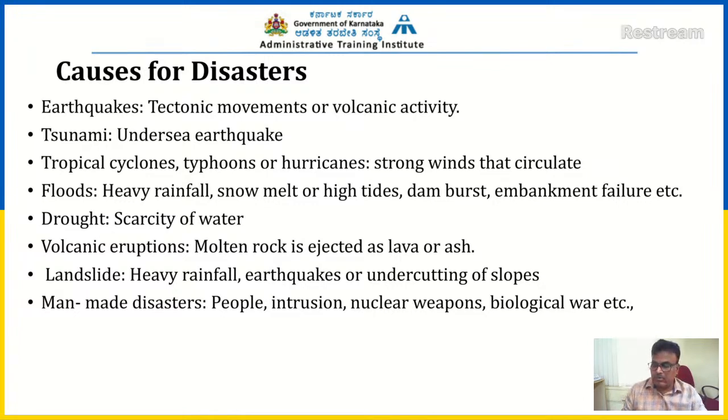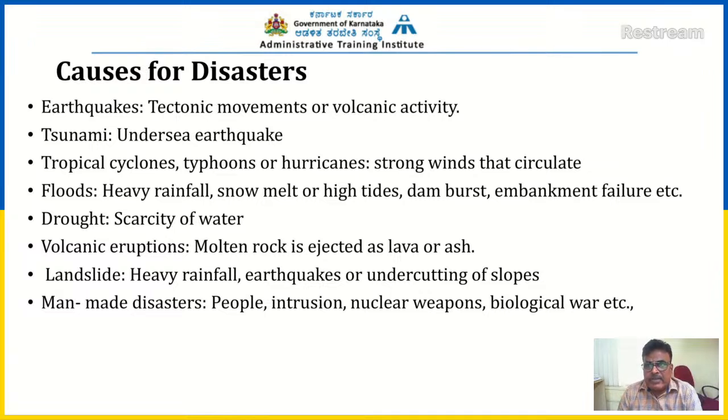It is also important to know the causes of disasters. All of you must know earthquakes happen due to plate tectonic movement, volcanic activity, or even sometimes mining activities. You already know about this, and I do not want to go into the depth of earthquakes. But at this stage, you must know that earthquakes happen due to tectonic movements, volcanic activity, or mining blasts under the earth. These are also some of the causes of earthquakes.